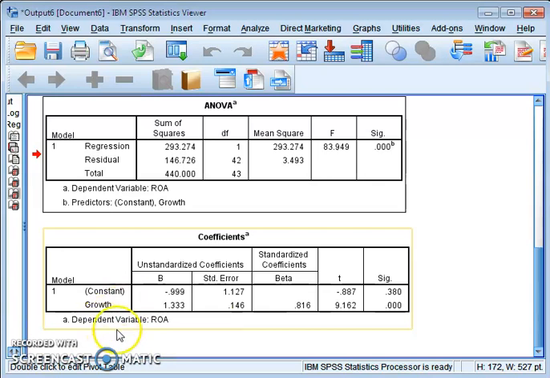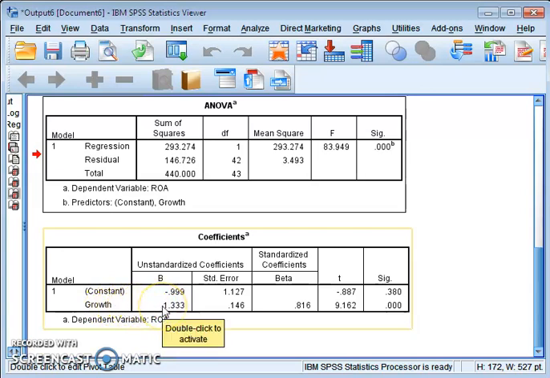b is the coefficient of a particular variable. That means b is the coefficient of this growth. Our independent variable is growth, so this is the value of b, the coefficient of the independent variable. To check whether the independent variable is having any impact on the dependent variable, we need to check this coefficient.